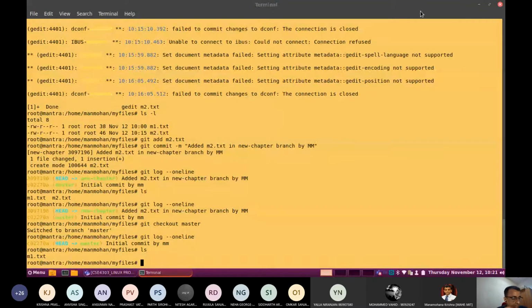Note, if you modify, we need to commit the work. If you open m1.txt also, then you have to commit it to reflect the changes. Say, for example, let us try to edit that particular file in the master branch using gedit m1.txt.